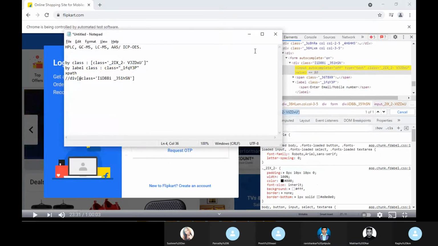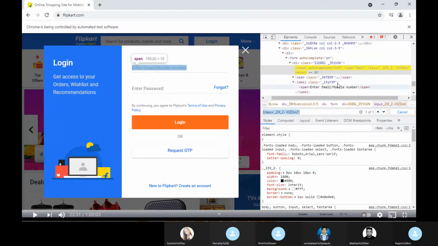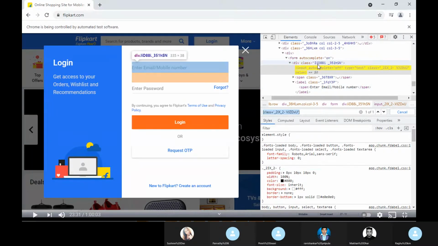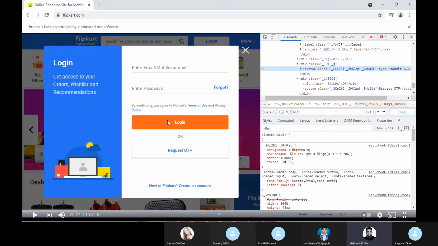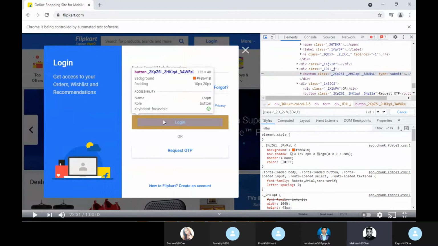And coming to ID now. If you see, this is the ID class. ID is not there for this element, you do not have an ID. So I'm searching for ID. Click again on that cursor. Anywhere you want to find an element, first you have to click on this cursor. Select this one, right?